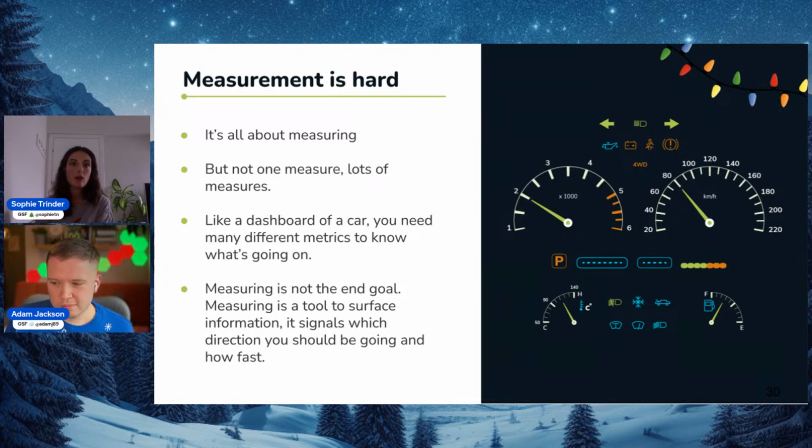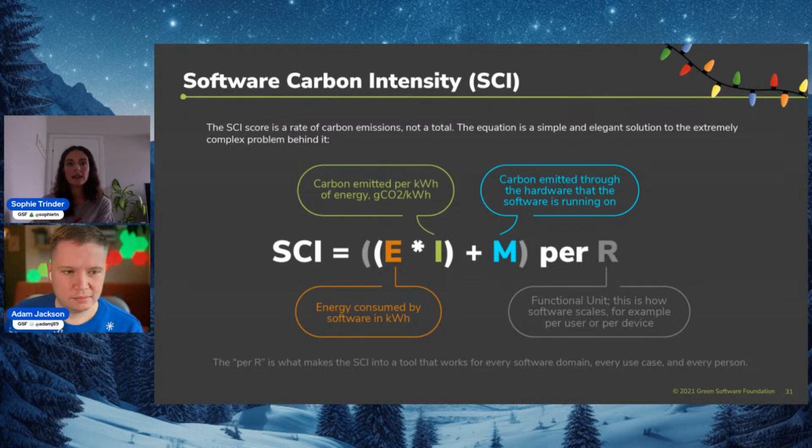We mentioned before our software carbon intensity project, and that now provides a standard for that measurement. It's kind of the what we should measure. And then our impact framework builds on that. It's providing the tooling for how to measure it. So we'll look at this in a bit more detail now. And I can see this might be the answer to some of the questions in the chat about measurement. So up first, to look in more detail, is our software carbon intensity specification.